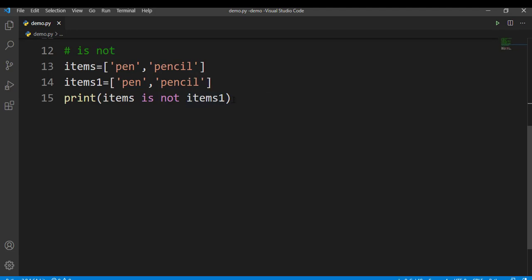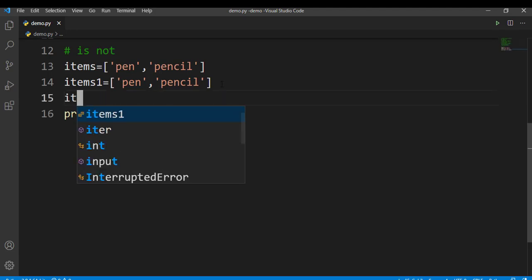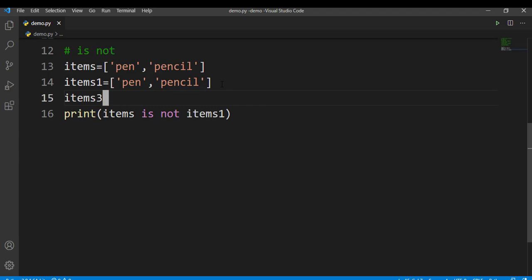So when does is not return false? Let's understand that. I'll equate here items3 is equal to items. So items3 is equal to, I'll compare it with items. Observe here, I am equating items3 to items. That means I am copying the same reference that items is pointing to into items3.